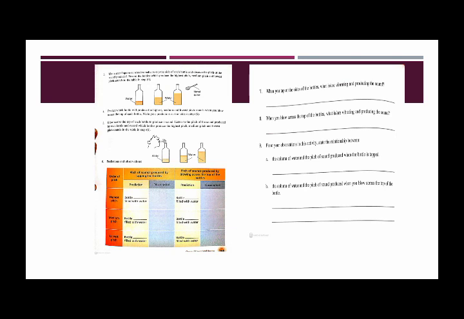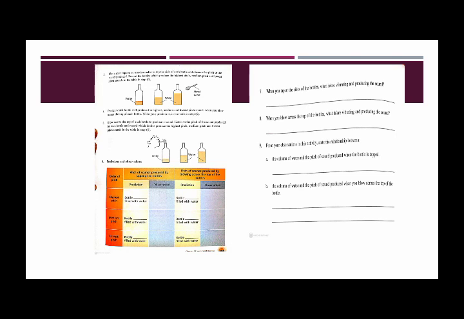So 2 things you have to do in this. First of all you are going to predict about the tapping of the bottle with the help of the metal spoon. Then you are going to do this and write down your observation. Then in the second part you are going to predict while blowing air across the top of these bottles, and then you are going to do this and write down the observation. This is what you have to do in table number 6 given on page number 159. Now let's move towards the next page.